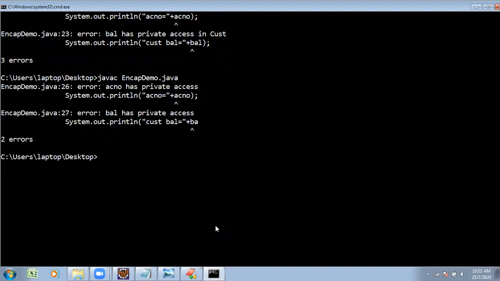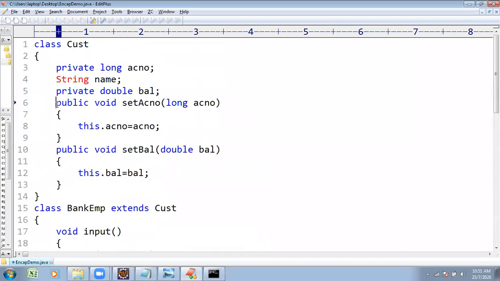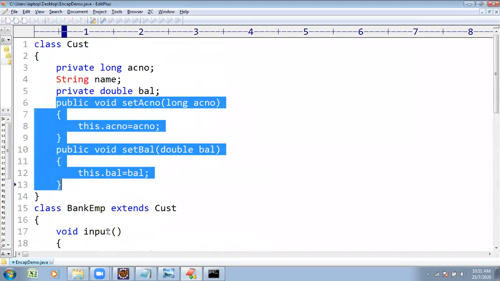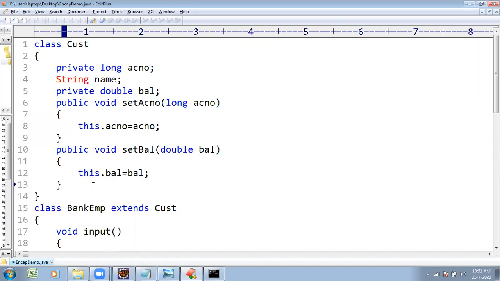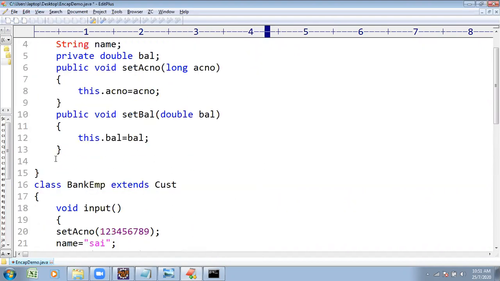Now, from the assigning point of view, no problem. But what is the problem? The printing point of view. To overcome this one, we want to use the getters method. Similarly, we want to retrieve that value. This line of code is not supporting. Why? Because they are private properties.